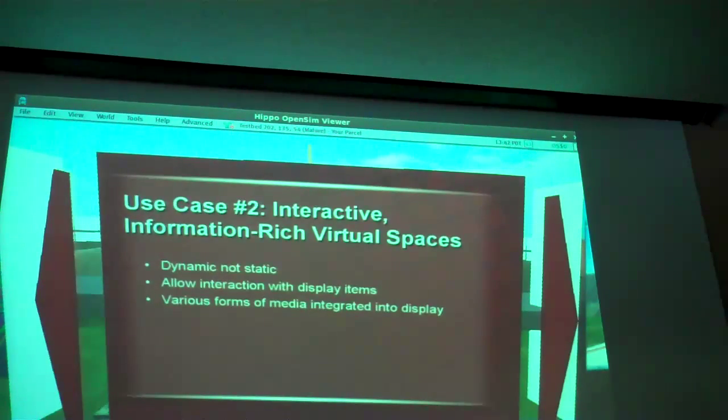Now, initially, a lot of people, when they move into an immersive environment, it happened in Second Life a few years ago, when a lot of the big companies moved in, sort of on the hype. There was a lot of hype around Second Life, and everybody moved in, and they set up big advertising campaigns and big things that were flashy, and a lot of